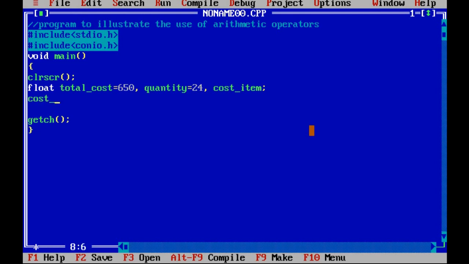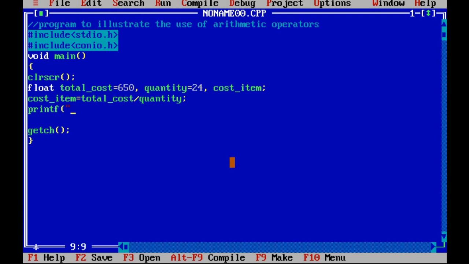I will divide total cost by quantity. Am I right or wrong? Yeah, I am always right. So I will get the answer. Now this answer will be in float, since all the three variables which I have declared are float. Yeah, I will get the answer in float, and then I can print it.